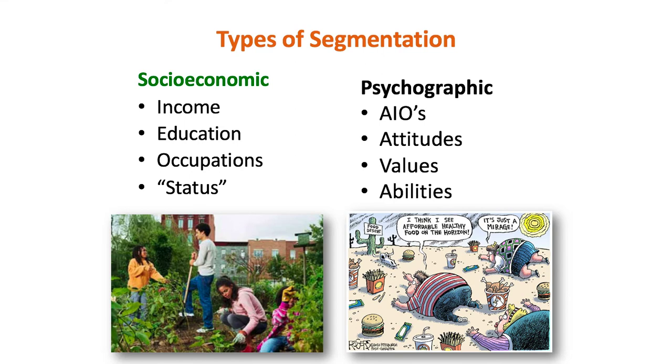An essential segment category is to consider the psychographics. These include AIOs, which are activities, interests, and opinions, and other attitudes or values. So you would deliver one marketing message to urban gardeners and a different message to those who live in a food desert, which means no sources of fresh food within a 3 to 5 mile radius in an urban setting.